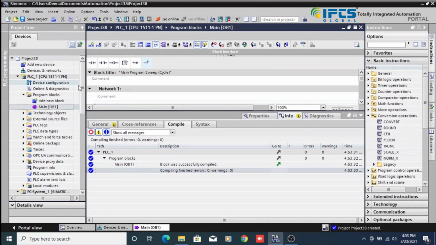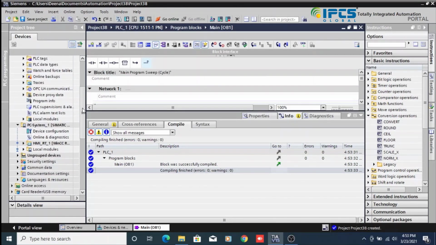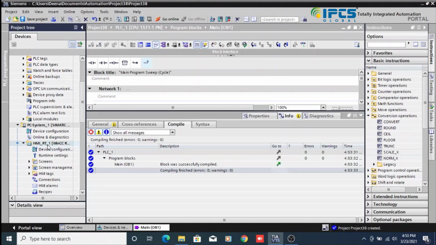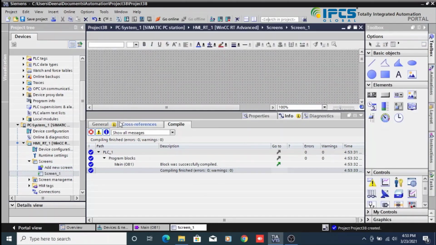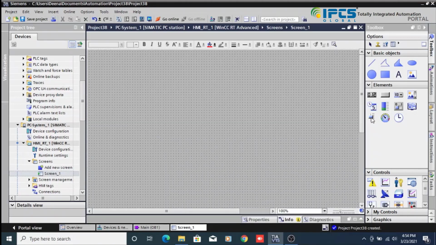After the compilation is over, I am going to design my screen here, so I am going to the HMI RT, and in that screen I am going to add the new screen. In that new screen I am going to add one slider and trend window.